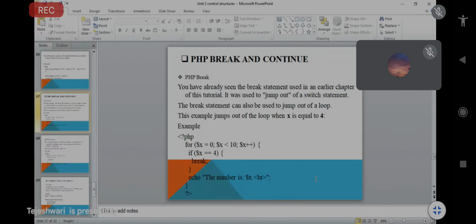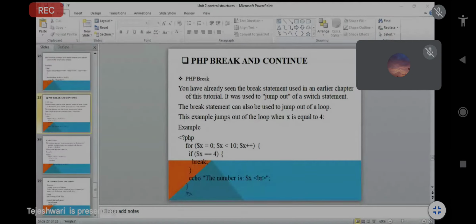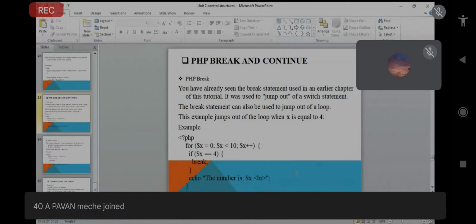If you see this example, we have given one condition here: we have to check whether x is equal to 4. First we have to declare the PHP code and take the for loop.